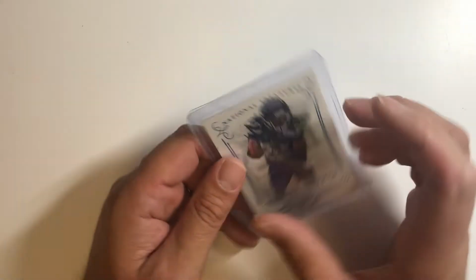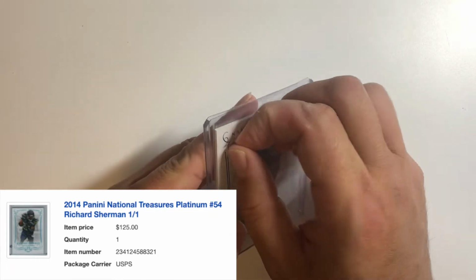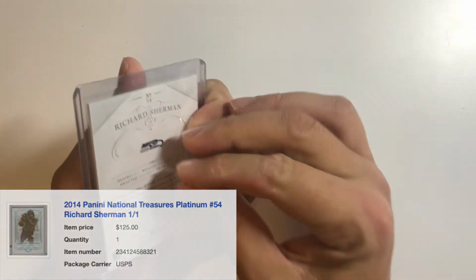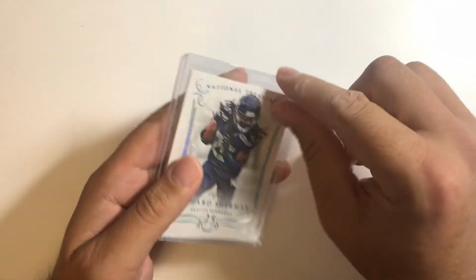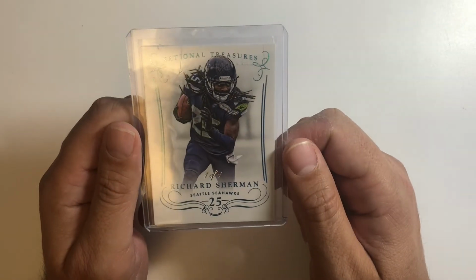All right, so this one I'm really excited about. I just kind of randomly found this on eBay. I wasn't really looking for it. I forget what I was searching. I just kind of saw this. You know, they have the suggested cards below that pop up. But this is a beautiful 101. See there, Richard Sherman National Treasures card. This came out of